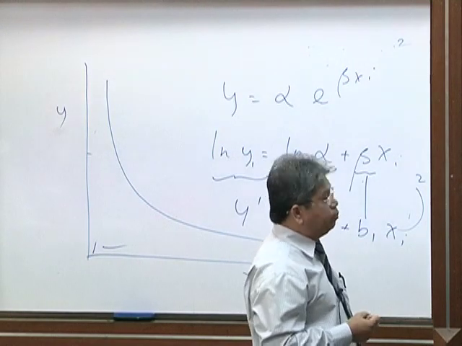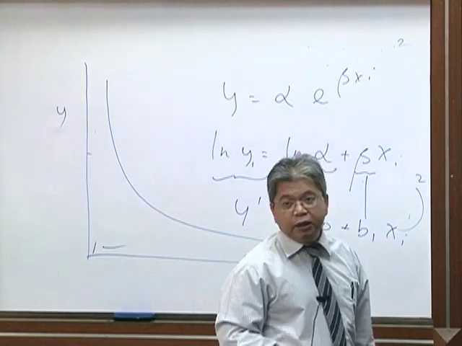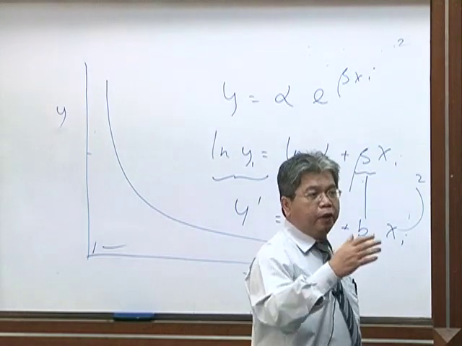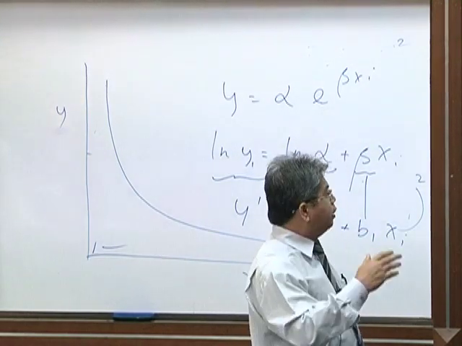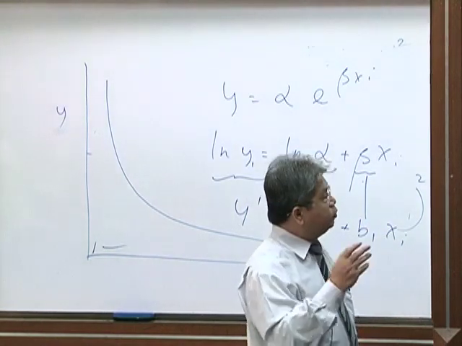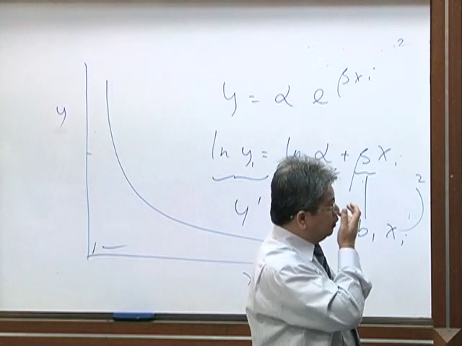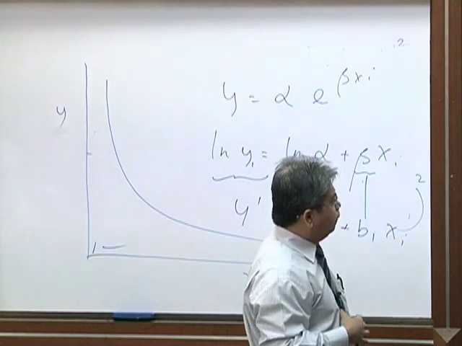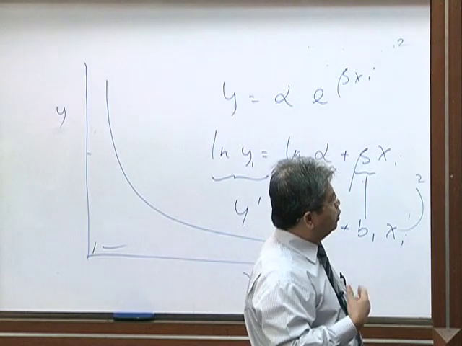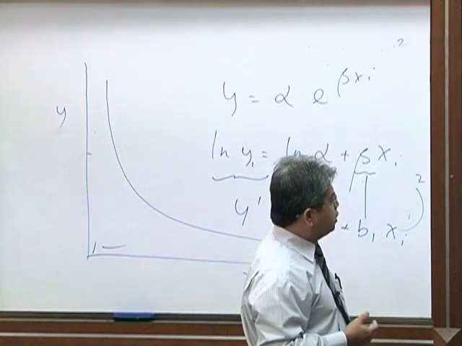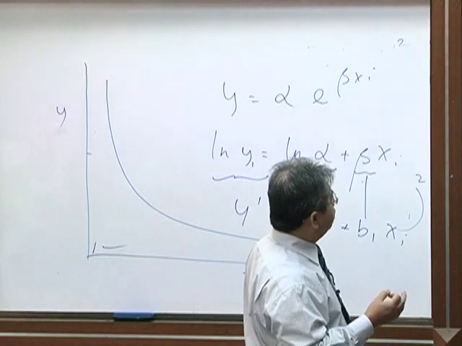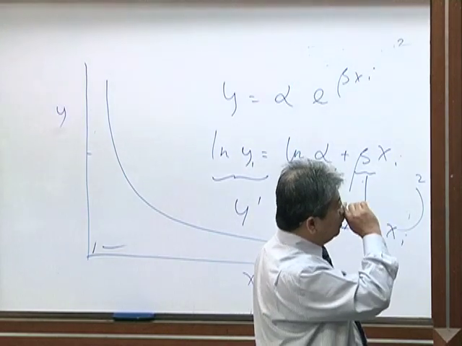Why do we have to do this? Because once it is in the linear form, we can use the same statistics, the same parameters used to describe a linear equation, to describe our non-linear function. So if possible, we try to do some linearization so that we can have a linear function from the non-linear equation.